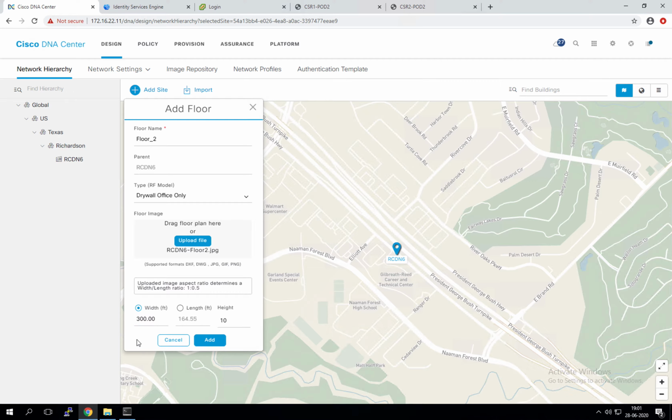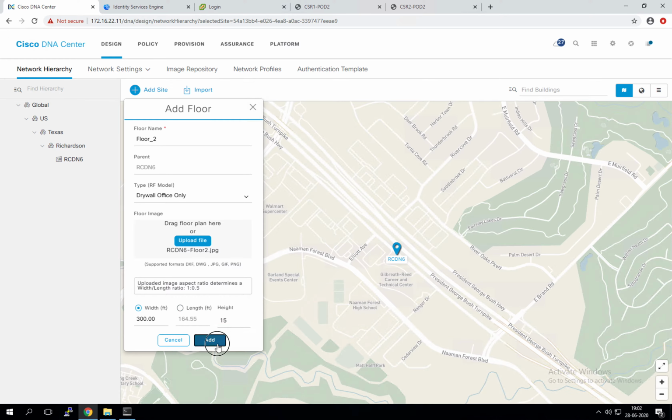300, maybe like the width, right? The width could be 300. You have to exactly match that with the floor plan which you uploaded, right? Otherwise your calculations would be wrong. So if your floor is actually 300 feet width, mention that, and corresponding length gets populated, and the height also you can mention, say like in my case probably I can go and mention it as 15,